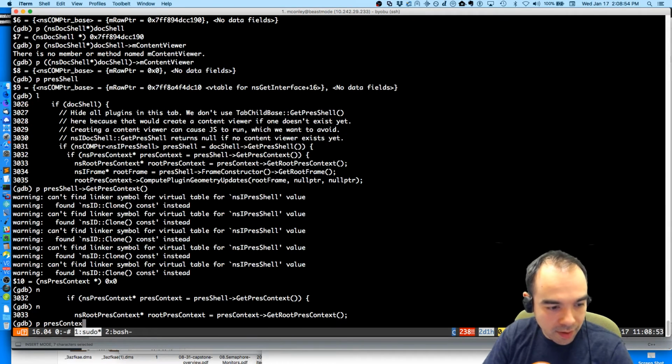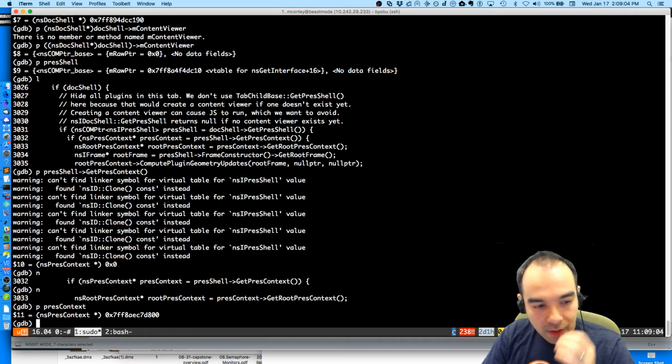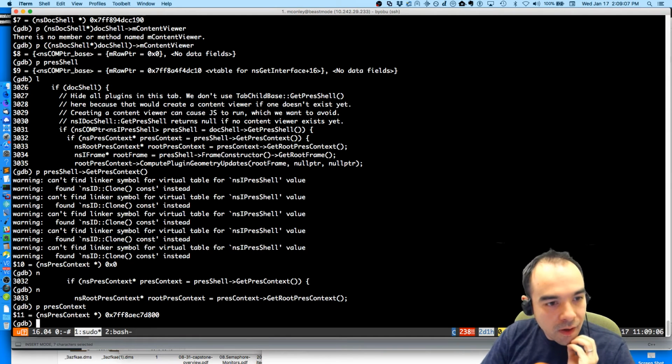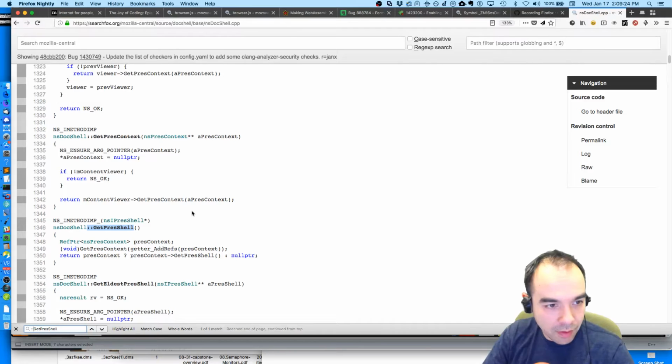P pres context. Oh, now it has one. What's going on here, debugger? I don't think I can trust my debugger. That's not a good feeling. Pres shell get pres context. So now it will return one.